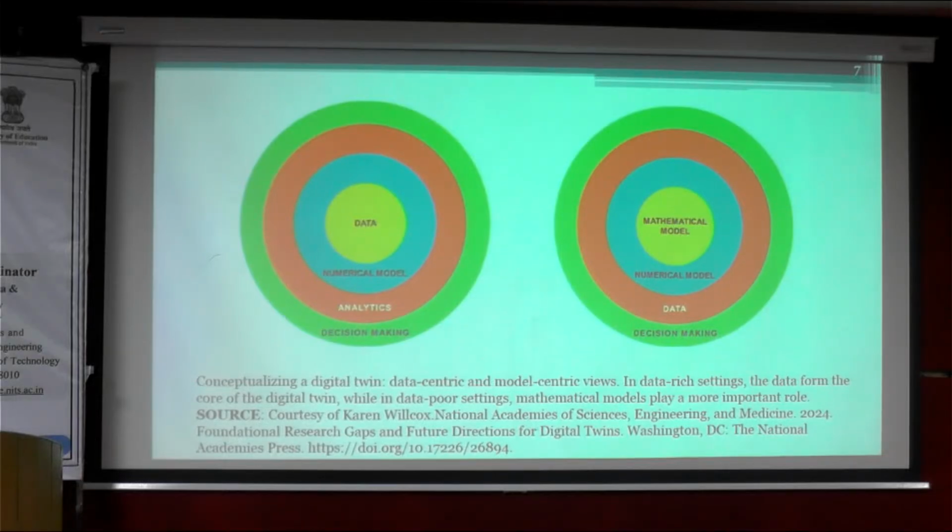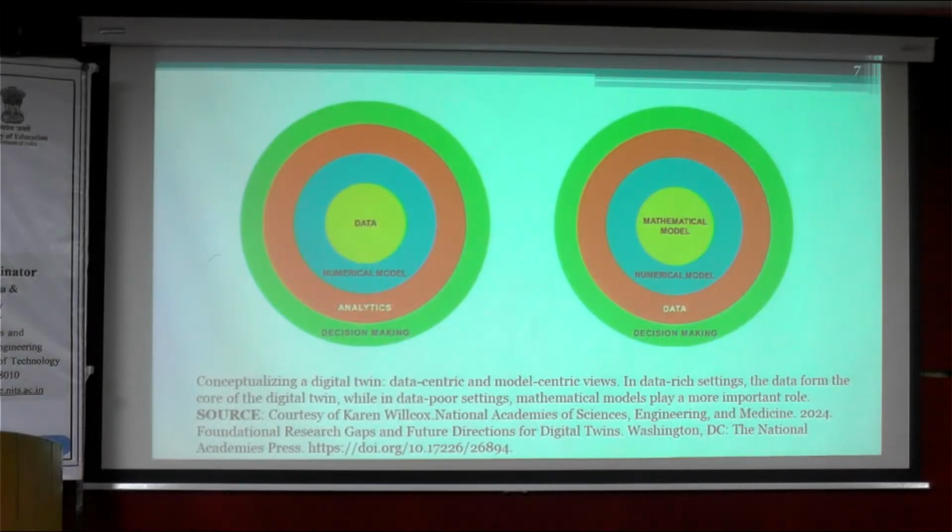So we have to collect a very huge amount of data to actually create the mathematical model from that. So we go from the empirical approach and we analyze the acquired data and we make the numerical model of the process that takes place in some specific system. And using that, we provide the analytics,